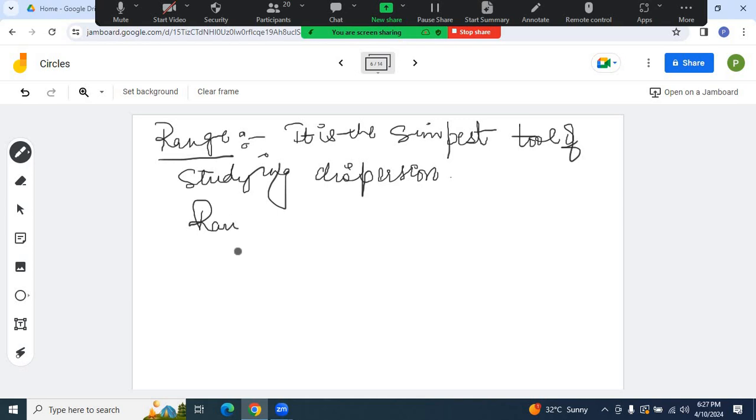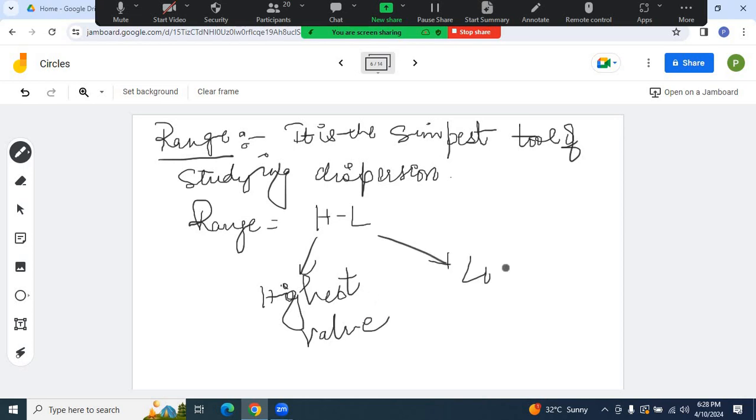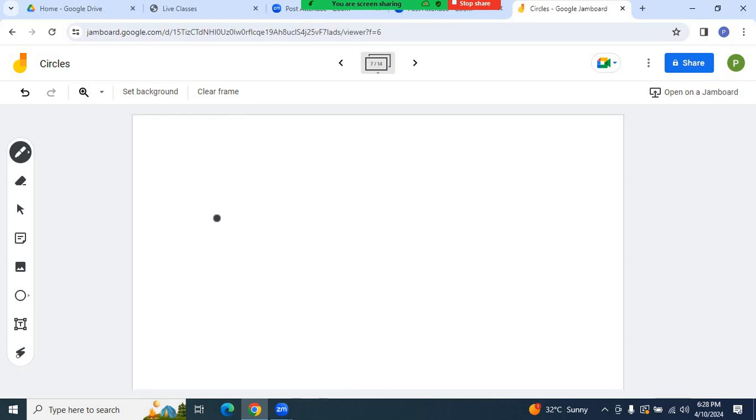The formula for range is H minus L, where H means highest value and L means lowest value. So range is the highest value minus the lowest value. You can easily find range if I have an individual series. For example,